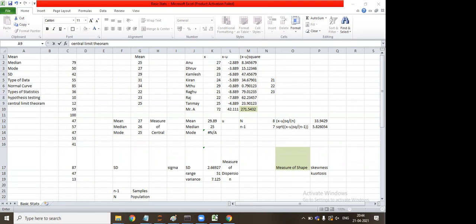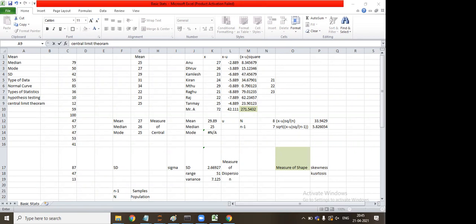In the normal curve we have discussed measure of central tendency and measure of dispersion. When we say measure of central tendency, it means mean, median, and mode. Practically and theoretically, it's mean and median that should be in the center of the curve. Second is measure of dispersion: three deviations to the right and three deviations to the left will cover 99.99% of the total data.